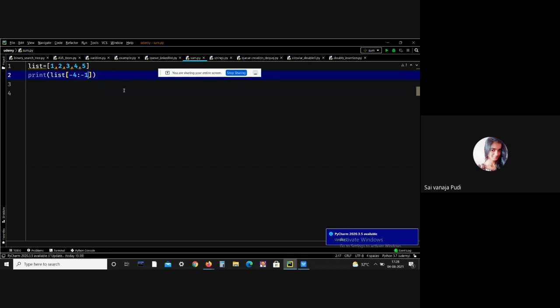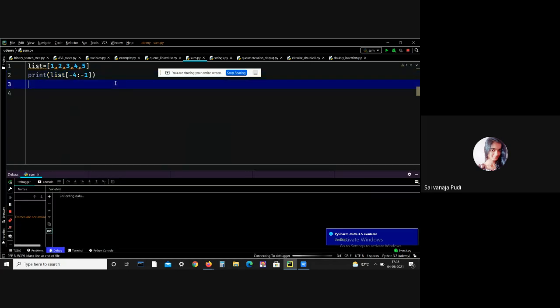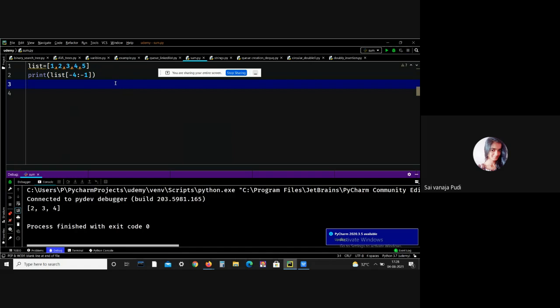Okay. See, we got the output, that is 2, 3, and 4. Means -4 means what here? 2, right? So -4 to -1 means 2, 3, and 4. So we got the output perfectly. This is all about negative indexing and slicing.